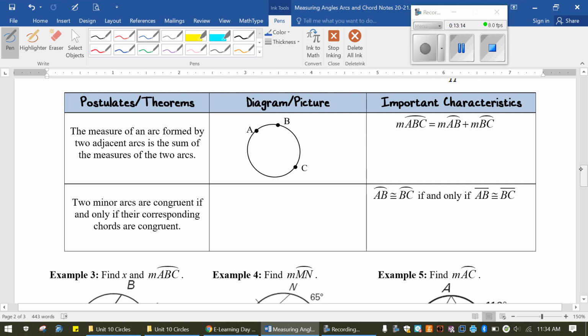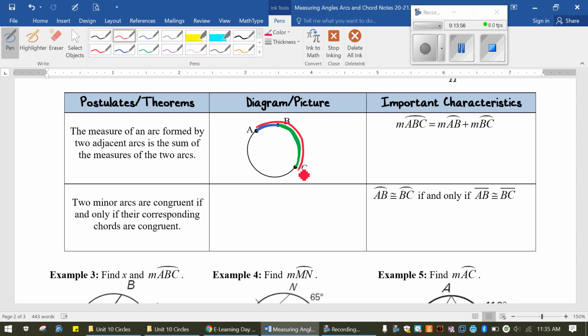Moving down here, what this first postulate is saying is actually what you were just working on in finding arcs that were made by adding two arcs together. So this is like arc addition. The measure of an arc formed by two adjacent arcs is the sum of the measure of the two arcs. What that really is saying is that if we're taking this arc AB and adding it to arc BC, then what we're really finding is the measure of arc ABC. All right, so that's what we just did when we were combining arcs in examples 1